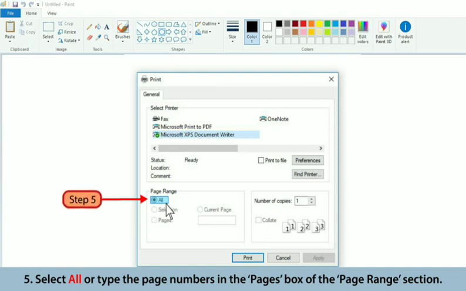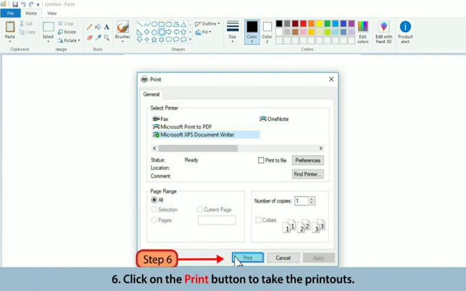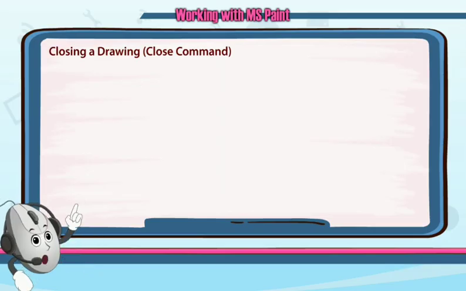If you want all the copies, then you have to select all, and if you want only one picture, 2 or 3, you have to select the pages and range, and we have to click on the print button to take a printout. So this way we can print our drawing.